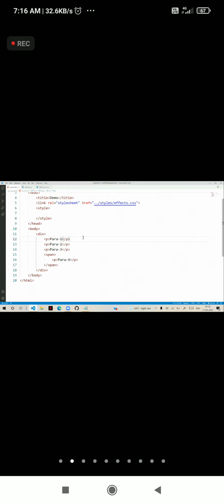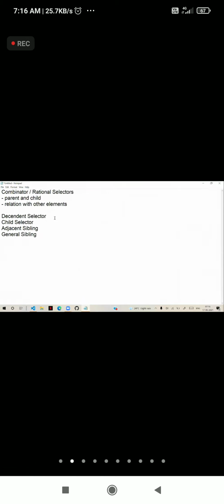So generally, para 4 is not a direct child of div. It is the child of div, but not direct. Direct child of div is span. In that span, the para 4 is present. Others are direct children.